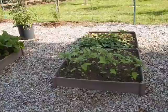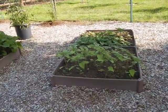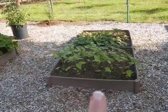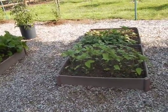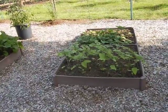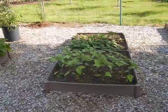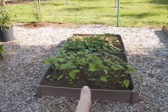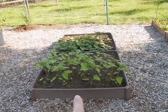So when those grow up, I'll be able to make bouquets and stuff for inside the house. And he's been really sweet to me about putting in a lot of flowers. I love flowers in my house, and so he's been really nice about remembering to put different things in for cuttings. And then underneath all this, he's put beans and